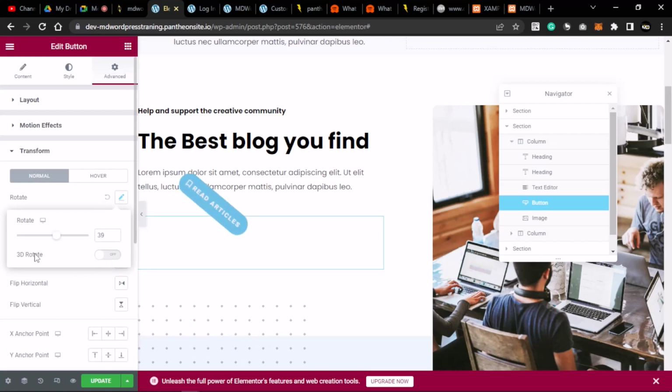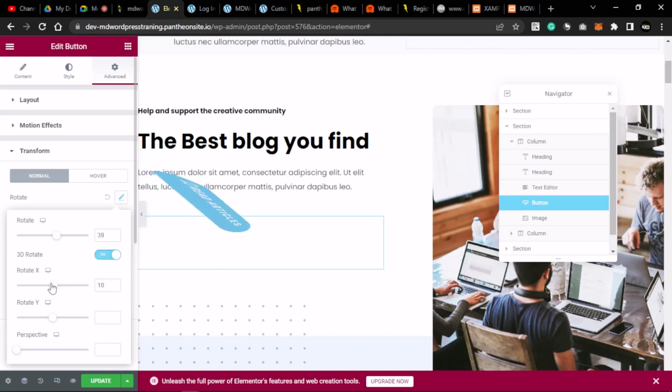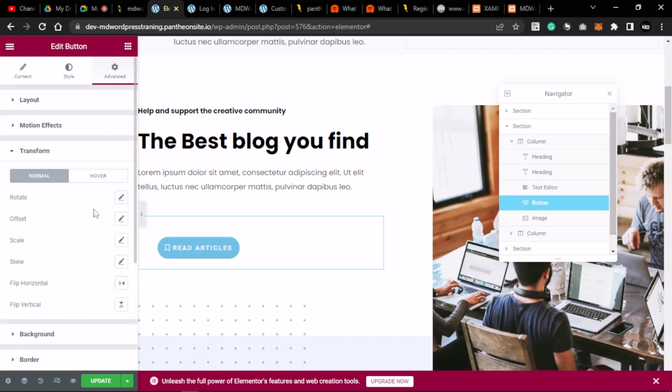and I can also set my 3D rotate. The 3D rotate is similar to, let's say for example, maybe I brought in a 3D image also. So I can also set the perspective with this 3D rotate. So this is for the perspective. So building a basic website, I don't think you actually need many of these